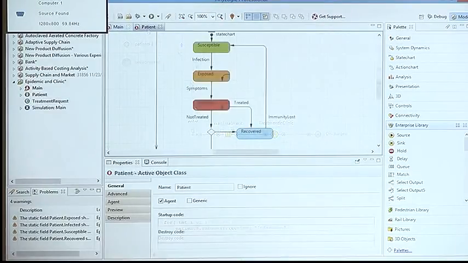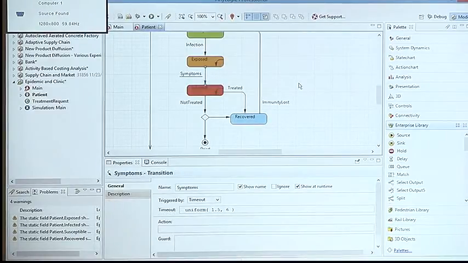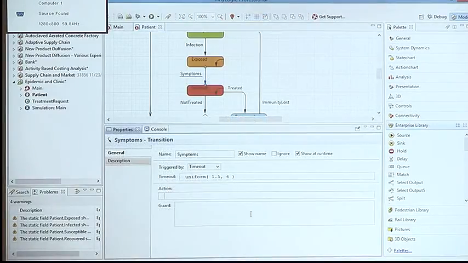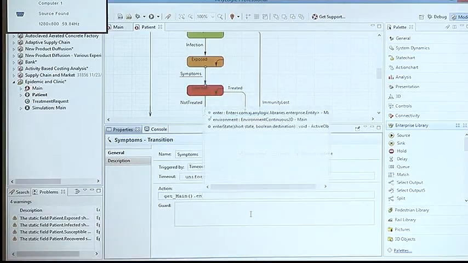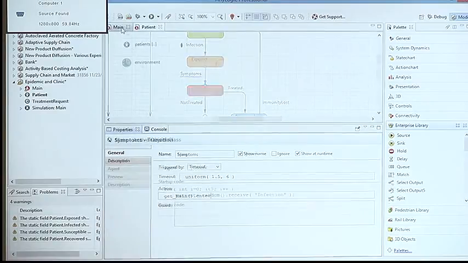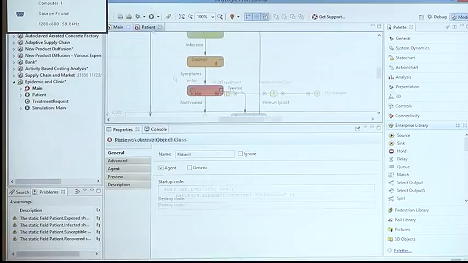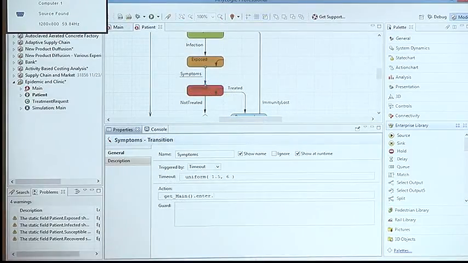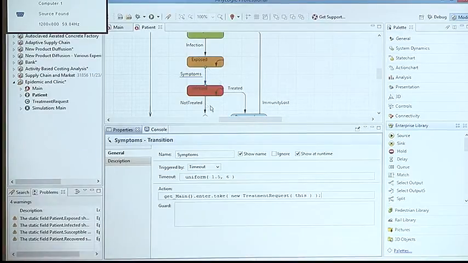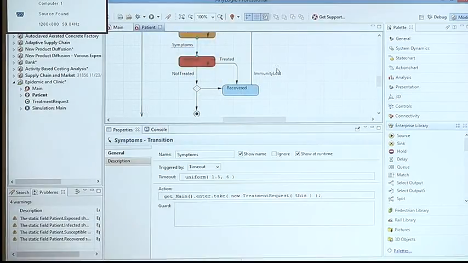So I'll go to the patient now, and I go to the symptoms. I discover symptoms, I request treatment. So we're in the transition symptoms, and here I will write. The clinic is at the upper level in main, so I say main, enter. This is the first object in the flowchart. Take new treatment request parameterized by myself. Oh, sorry. This. So I request treatment. Then this part